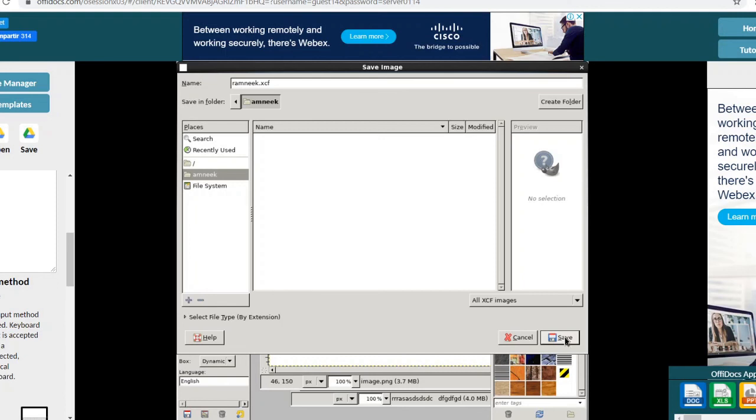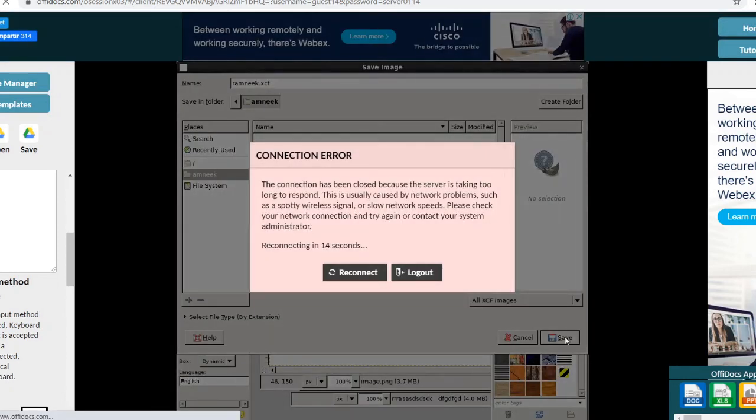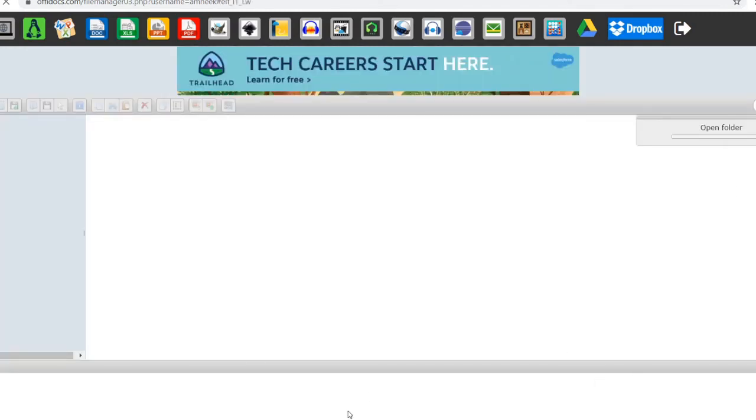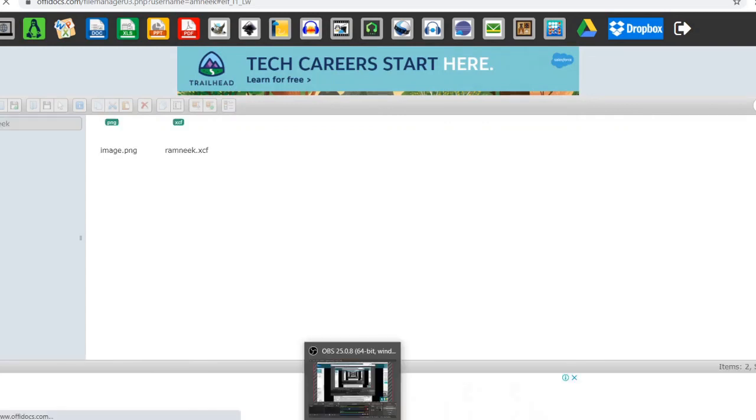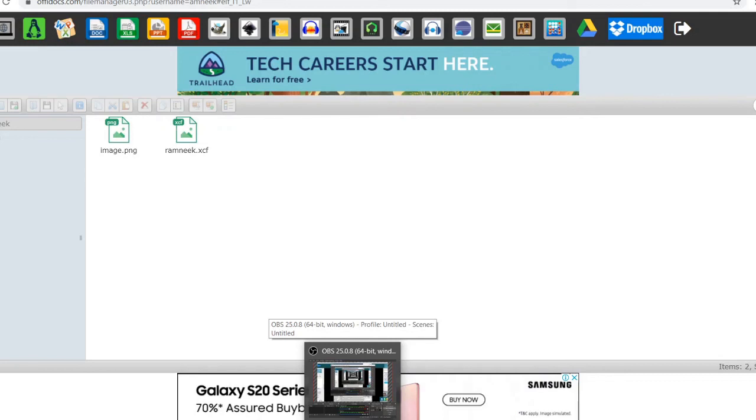Once you click on the Save button, your image will be saved automatically. So in this way you can create a new file and you can save your file in GIMP.